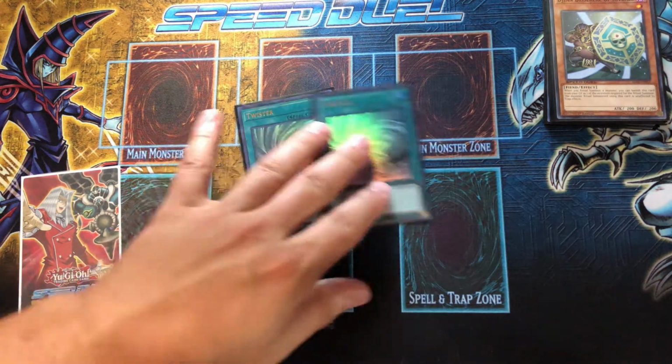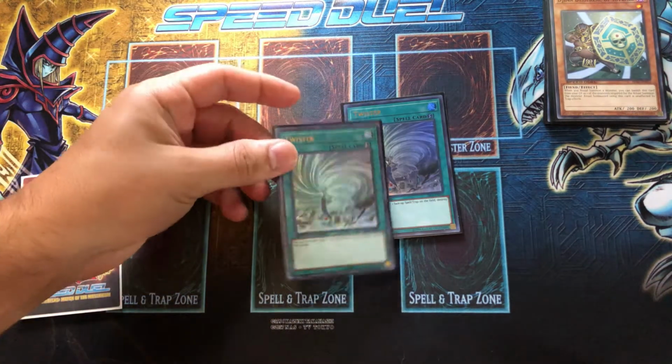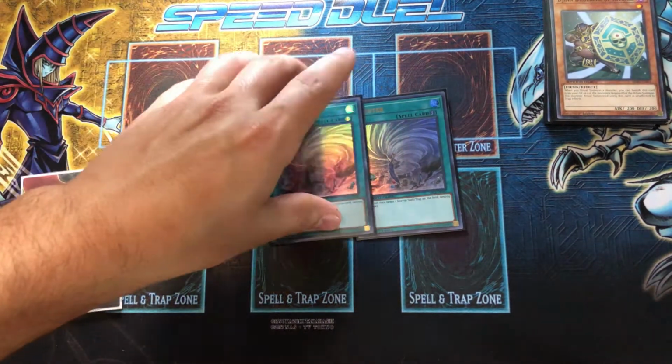2 Twister. Get rid of their stally back row or anything that's giving you trouble. Or if you suck up a face down monster, you can just...